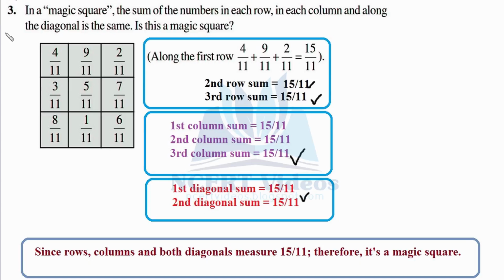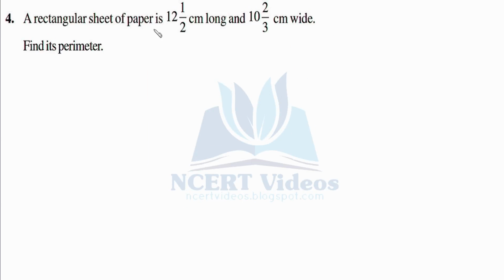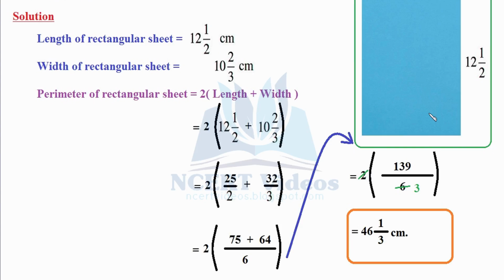That was the question number third. Question fourth. A rectangular sheet of paper is 12 and 1 by 2 centimeter long and 10 and 2 by 3 centimeter wide. Find its perimeter. Here is your sheet of paper with length equal to 12 and half centimeter and this is its width, that is equal to 10 and 2 by 3. So perimeter will be